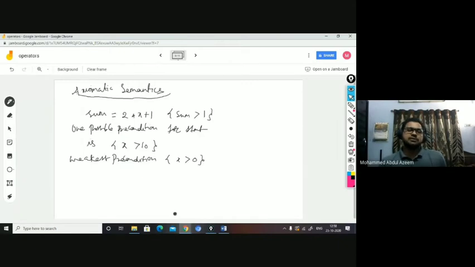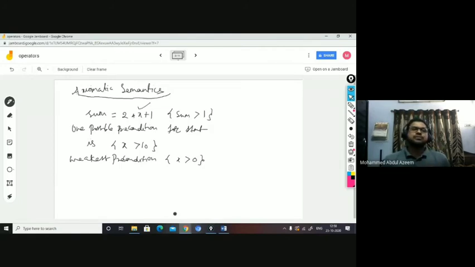Axiomatic semantics are basically based on certain assertions or predicates or rules, I would say, right? For example, certain statements will have some preconditions and postconditions. So the statement is going to be executed only upon those conditions being met. The truth of the statement will be derived, or the completeness of the statement will be realized, only when the respective pre or post conditions are met.